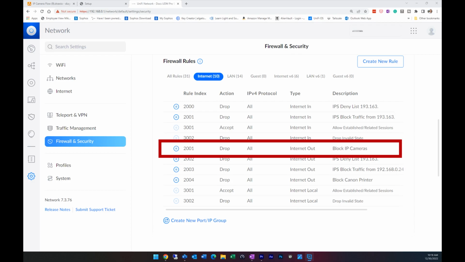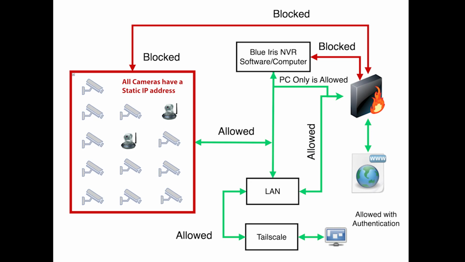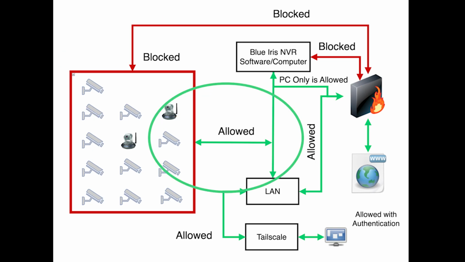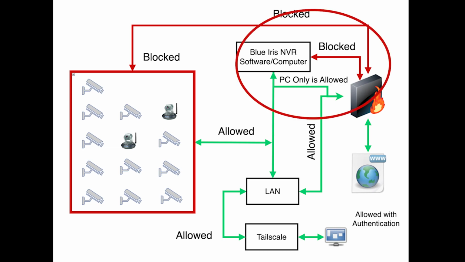Let's start with an overview of how this works, then break it down into the different steps. If we look at the rough diagram I drew, we can see that all the cameras, which have their own IP address, are wrapped up in a group, represented here by the red box. In our firewall, we have blocked that group from accessing the internet, but they are allowed to communicate internally on the LAN. In addition, the NVR, which in my case is Blue Iris, has the remote access disabled, but